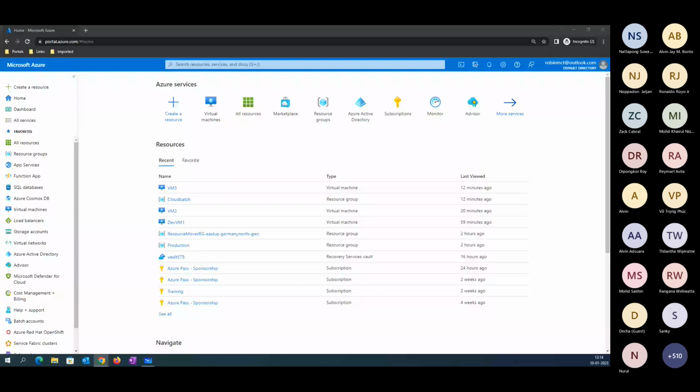I hope you can see the screen here. Let me maximize. Now, if you go to the virtual machine here,